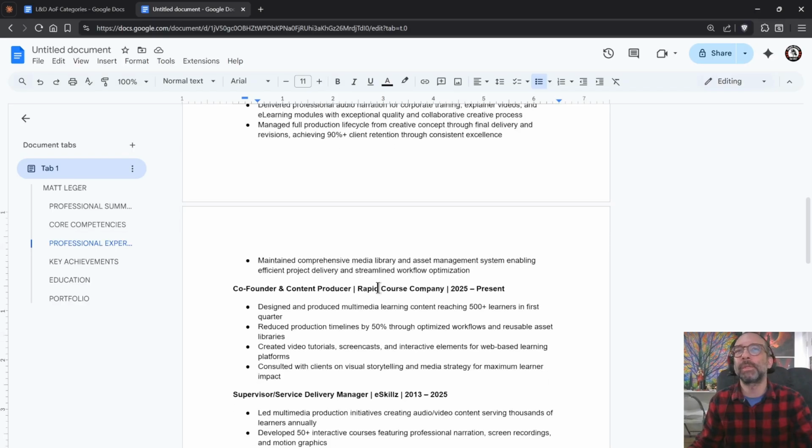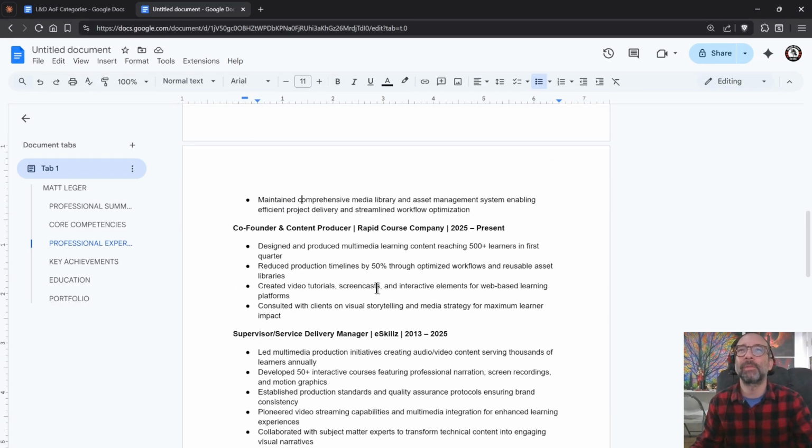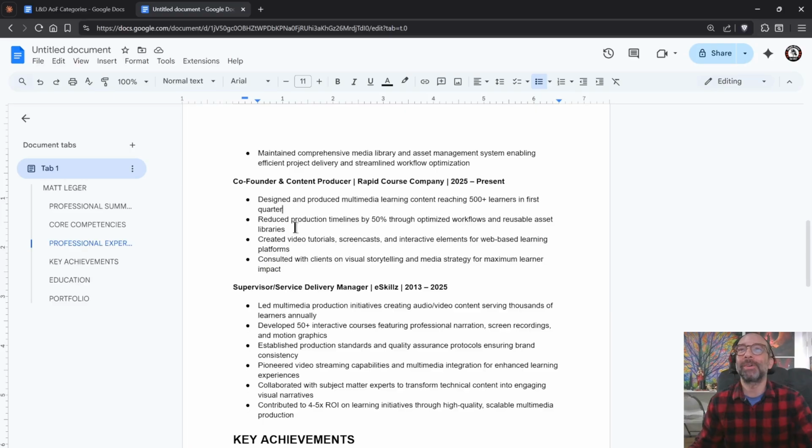The one bullet on the next page is not a huge deal, but let's see. It might throw the whole thing off. An orphan word on each line. I'm telling you, I don't know what it is about human psychology, but if you send this off and a human sees it, maybe the AI won't care. Like the ATS system might not care. They're just words on a page. But if a human sees this, there's something revolting about it. It's just a waste of space. It's like all this empty space for nothing. Like it doesn't help the eye to navigate.